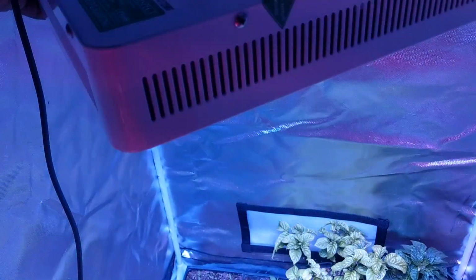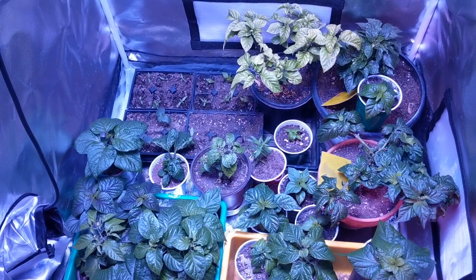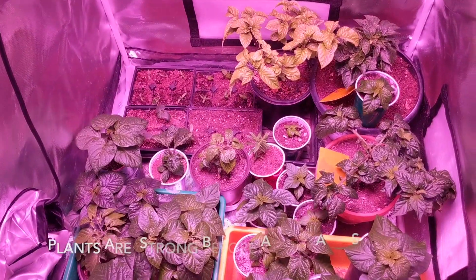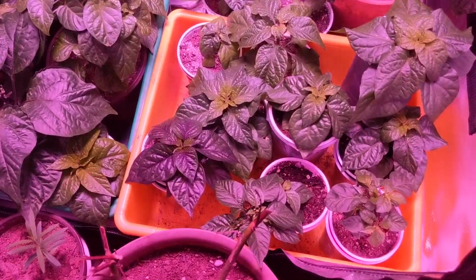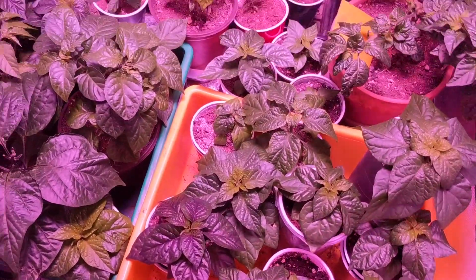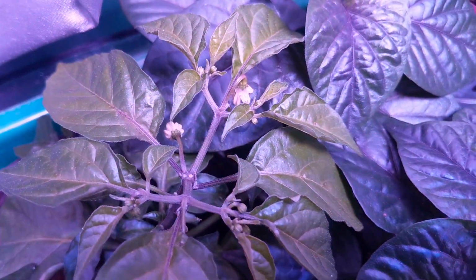And it was, oops, that's the red. So it was like this. Okay? And then with the light on, all the reds. Not noticeable. Well, noticeable, but not very noticeable. That adds the reds, and without the reds, we have submarine habanero flowering,